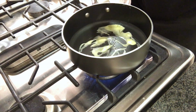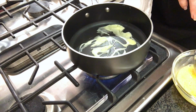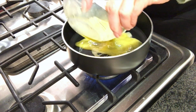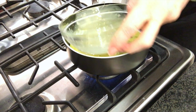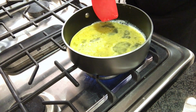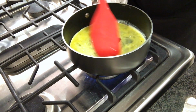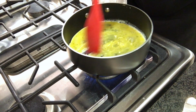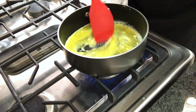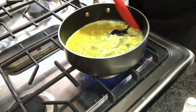Okay. Once the butter's melted, see, it's kind of bubbling. We're ready to go. So I don't stir it with my fork since my fork is metal. This happens very quickly. And if you cook,